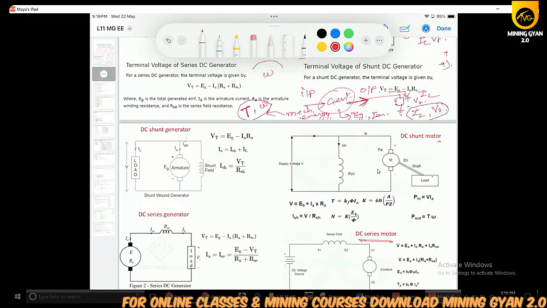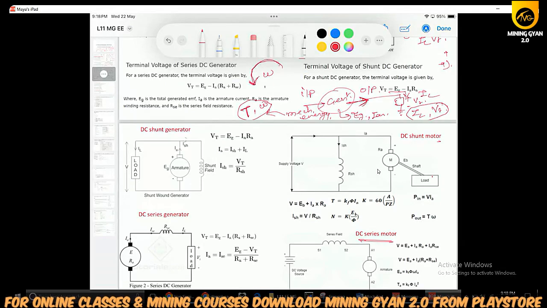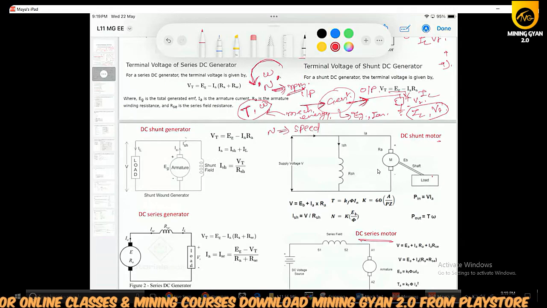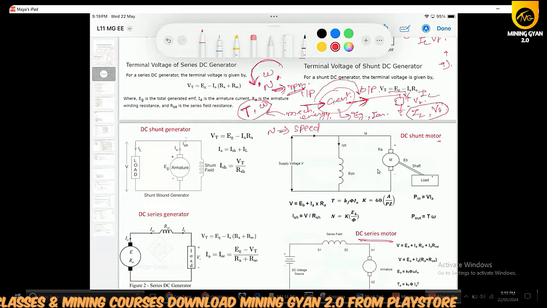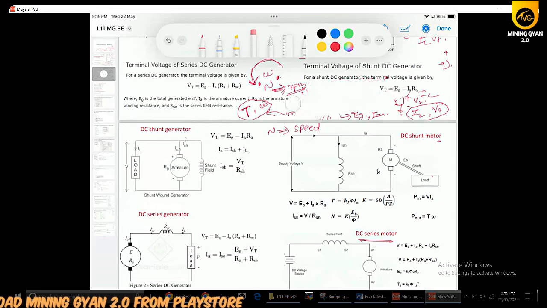Okay, omega is the angular speed. You know that it will rotate like this. And n is the speed of the rotating part, that will be measured in terms of RPM, means number of revolutions per minute. N signifies the speed of the rotating part. So in case of a generator, you have to apply mechanical energy, and that will be converted into electrical energy. But inside the generators, some rotating loss and copper loss will also happen.